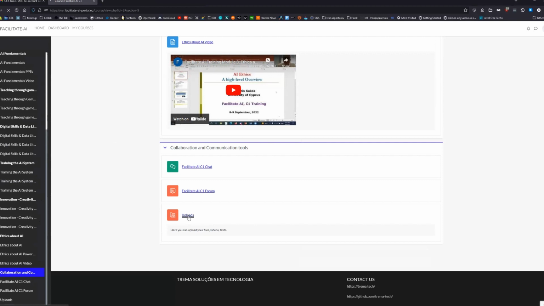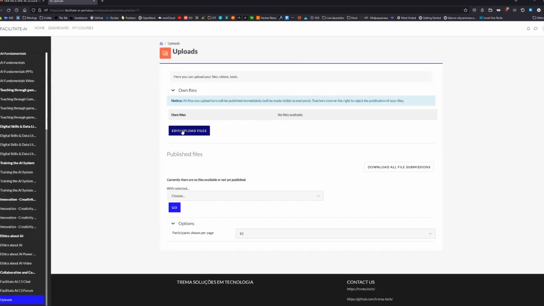If you click on the uploads, we can see that now we can upload files. We can download all already submitted files, and we can choose to download files. Now we can click on edit and upload files.